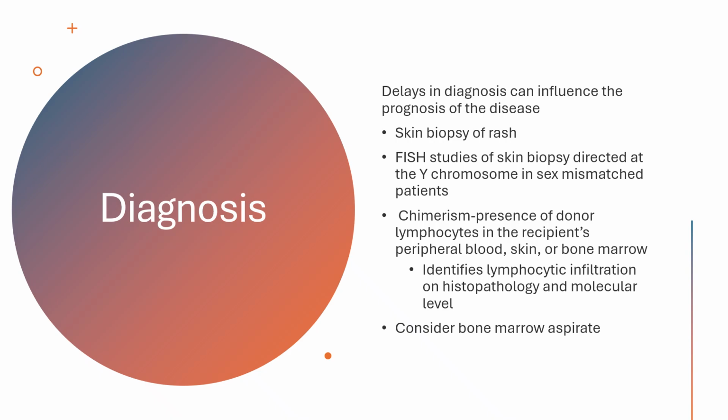All right, so let's talk a little bit about diagnosis. Unfortunately, most of these patients don't present with a big flashing sign that says I have graft versus host. So delays in diagnosis do occur, but that can also influence the prognosis of the disease. Skin biopsy is important to obtain from the rash. It's really kind of the true marker when it comes to it. It isn't definitive, though. It's often one of the things where it will come back and say this is likely graft versus host,